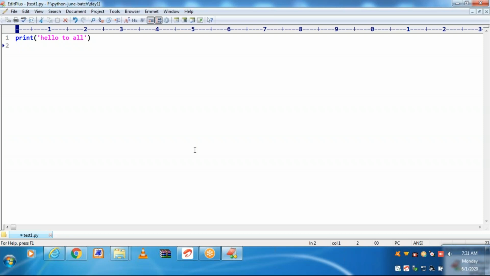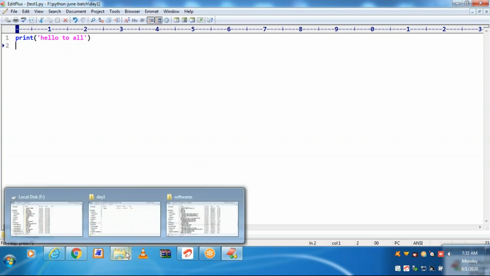It can be hello.py, abc.py, test1.py, test2.py. No matter how many statements you incorporated, the file name can be any name, but the extension should always be .py. Then only the Python command can recognize it.